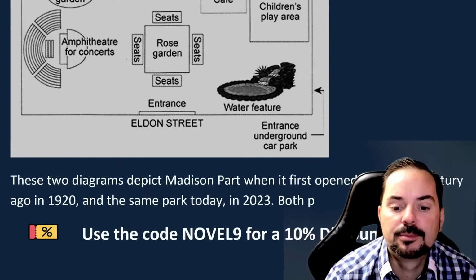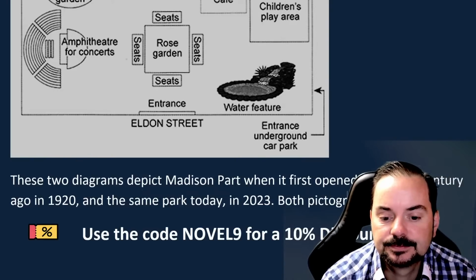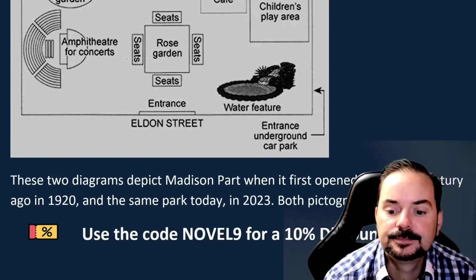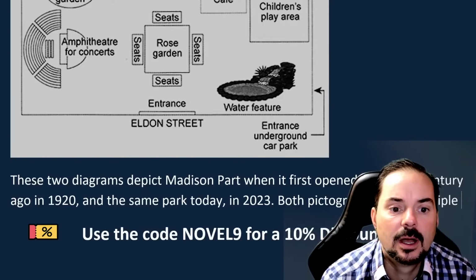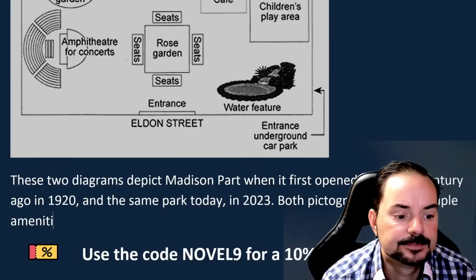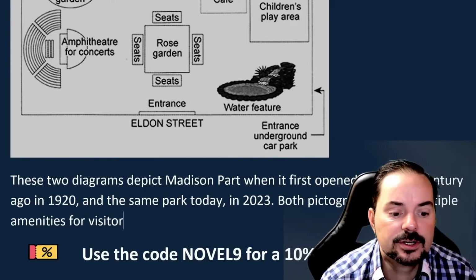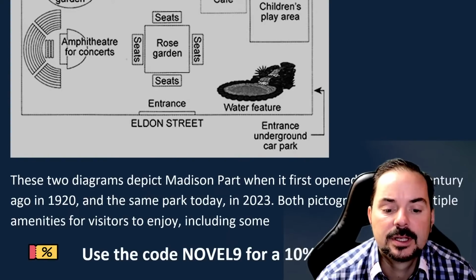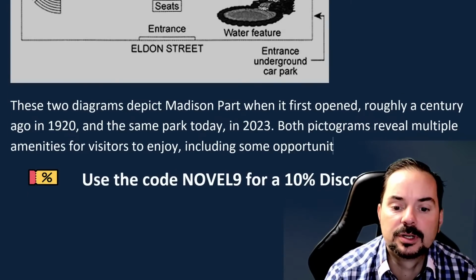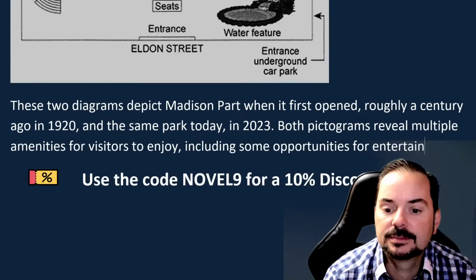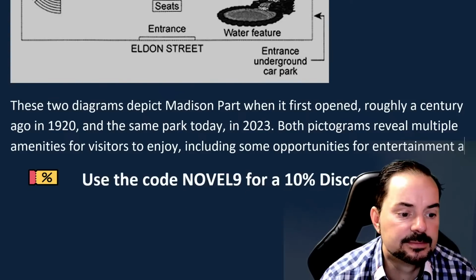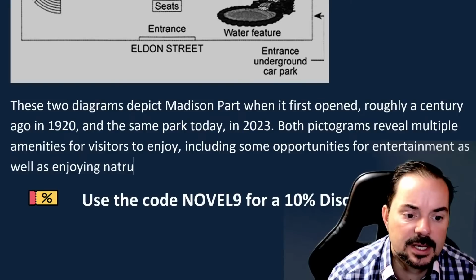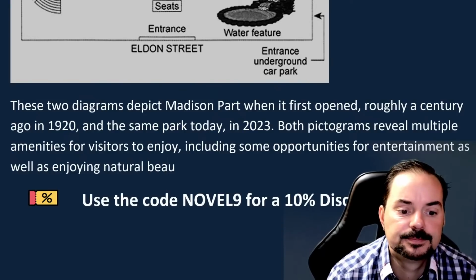Okay, so both pictograms reveal multiple amenities for visitors to enjoy, including some opportunities for entertainment, as well as enjoying natural beauty. Okay,